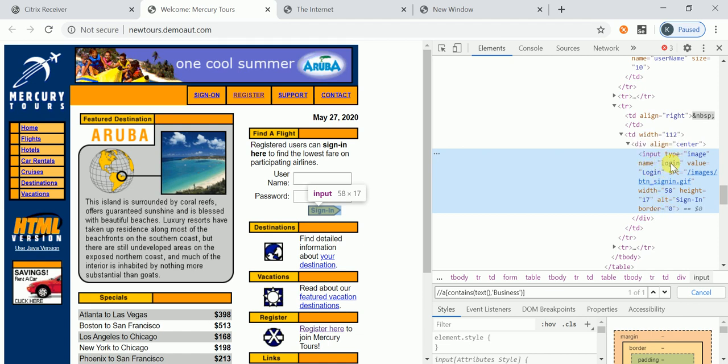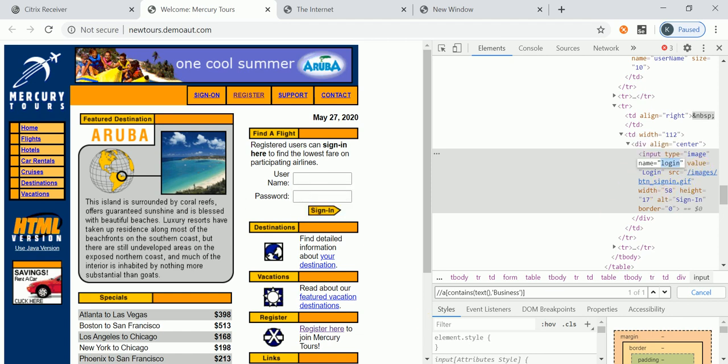Now I want to identify this. I can identify this by using name, and I want to get the value. Value equal to what is there? Login is there. I want to get the value attribute value. Here the attribute value is there. I want to get its attribute value. Okay, how can we get it?